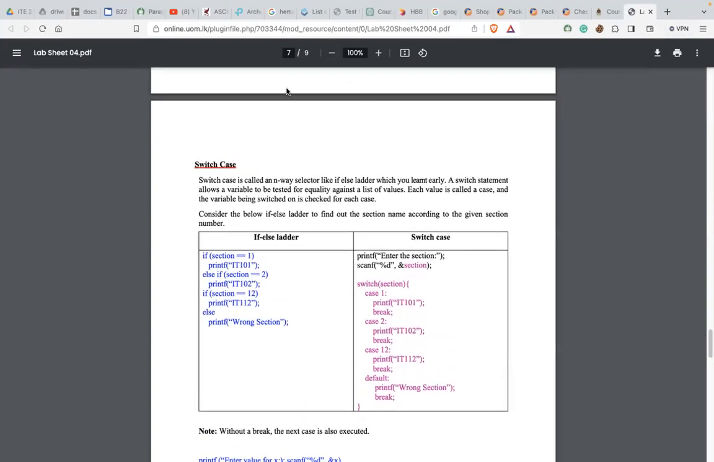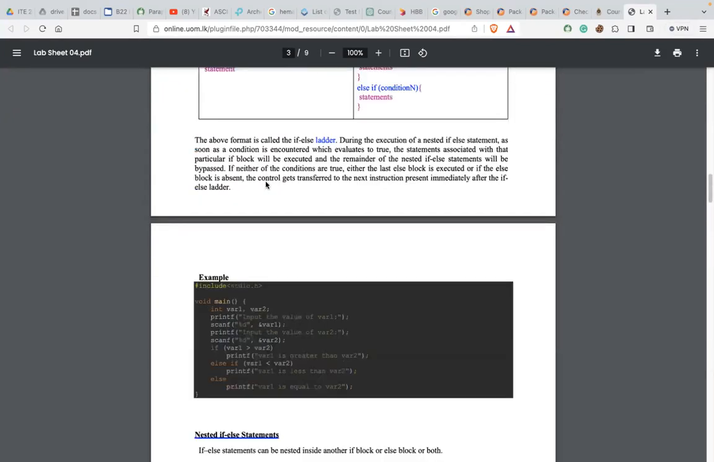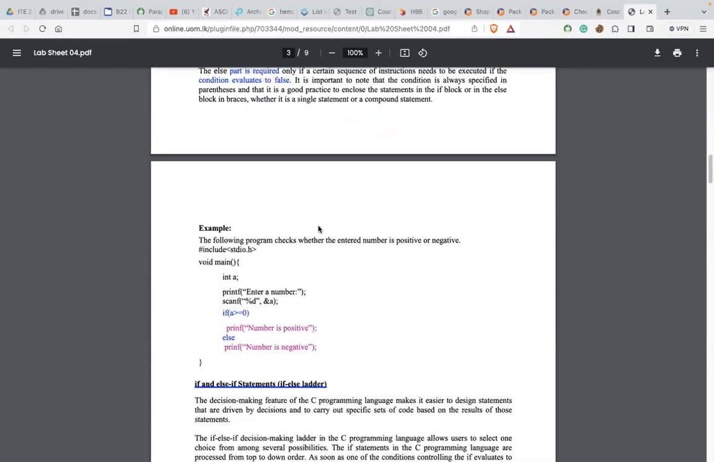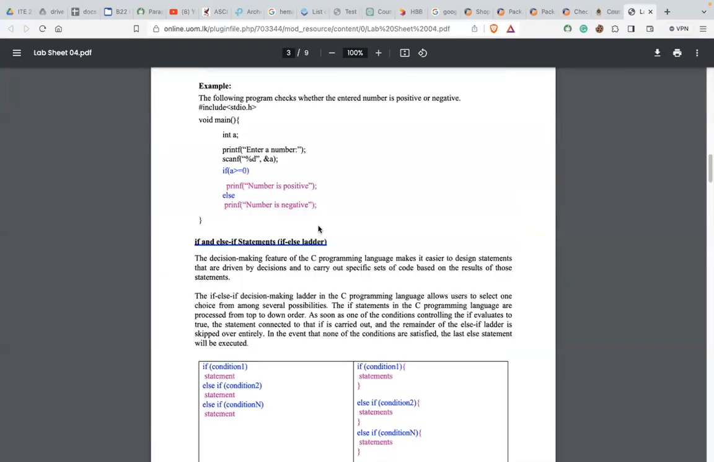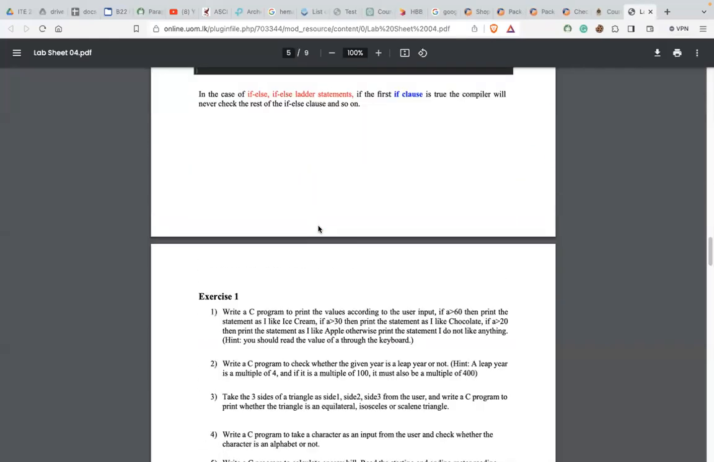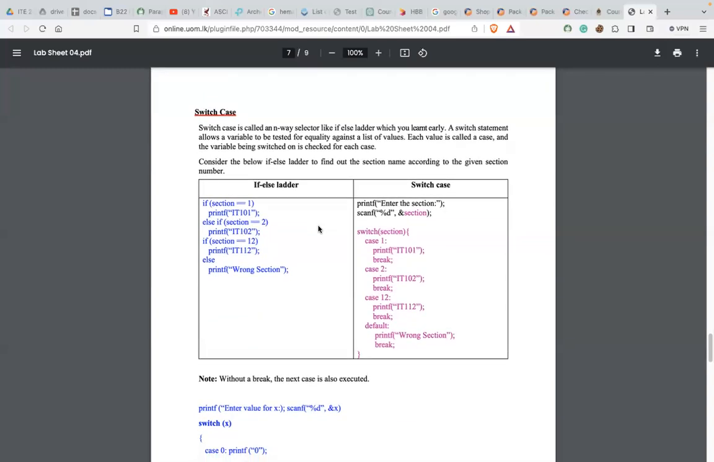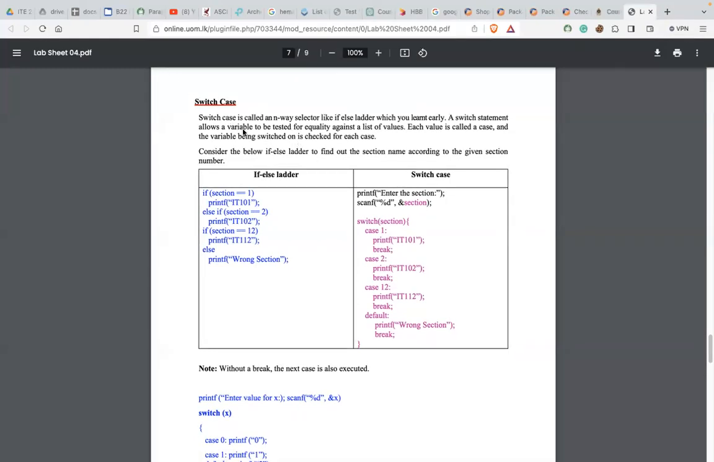So today I am going to teach you about the switch case in the selection statements. In the previous lab session, we did the selection statement using if-else, and today I am going to teach you the same selections using another way called switch case. When you read this lab sheet, you can see the switch case is called an n-way selector,